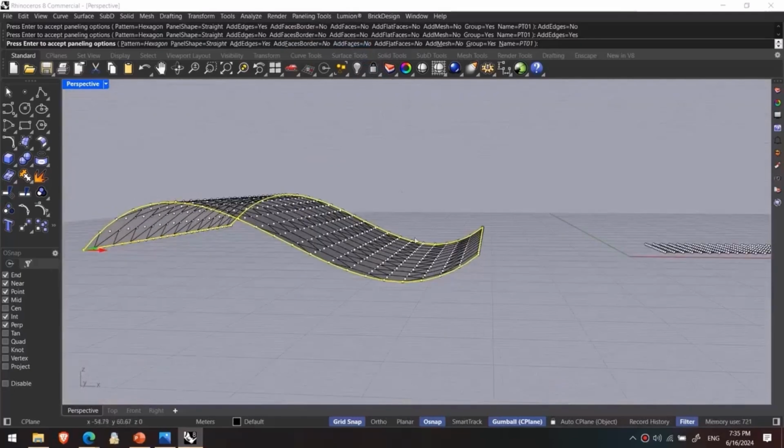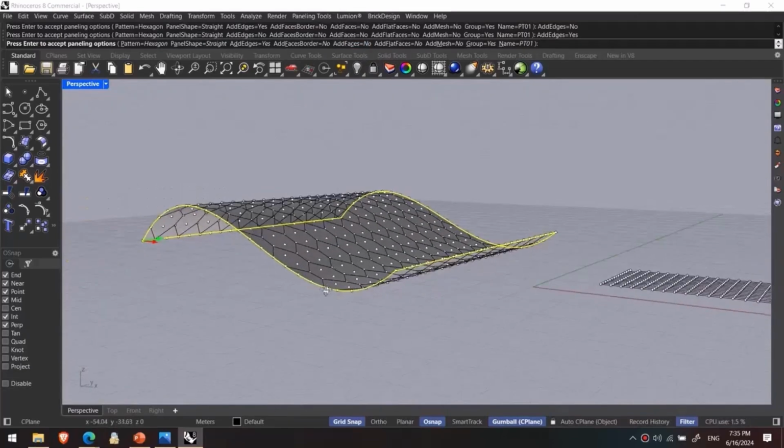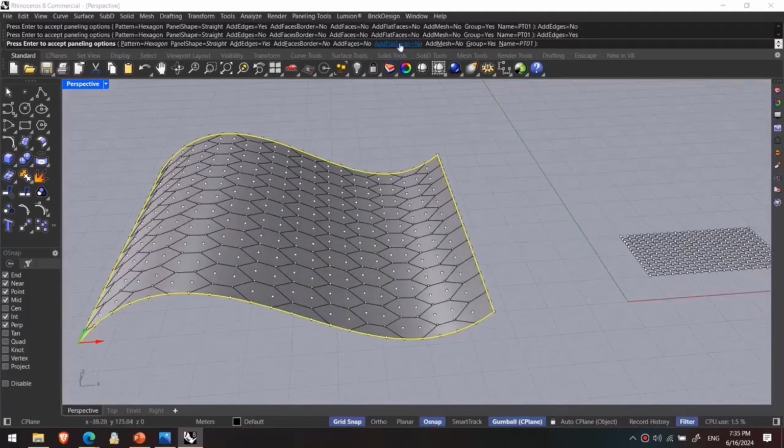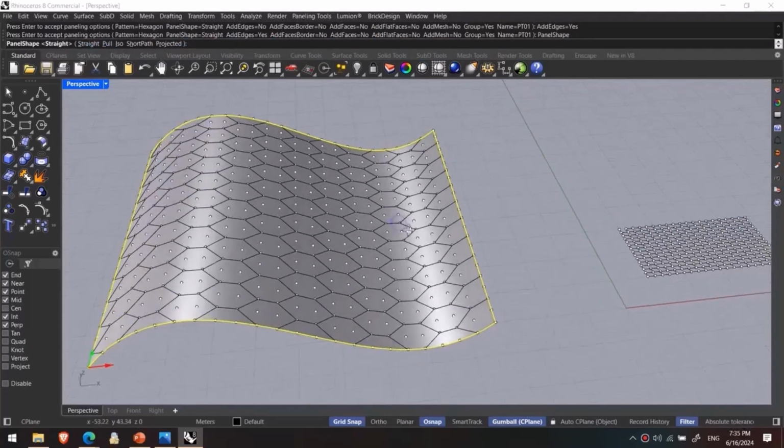And as you can see, the created surfaces are curved. Watch this. We can create flat surfaces. Look. Or we can create the meshes. So here we got too many options. And also we can have them straight, look,